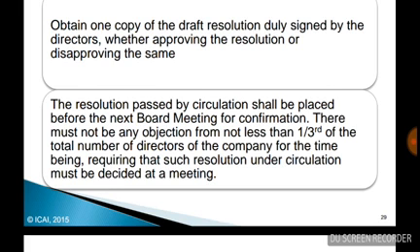If they have delegated these powers to an MD or committee or principal officer, for all these